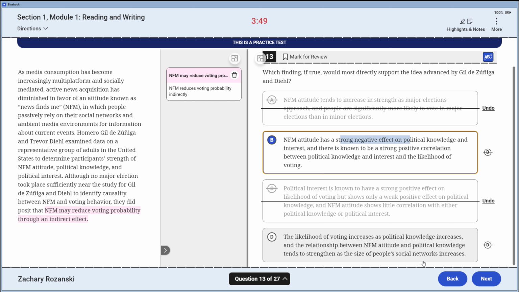Then I can attach that causal chain to the next thing, where there's a little bit of ambiguity here that I don't really understand. Tends to strengthen as the size of people's social net. I love B. This is presenting something that seems wildly awkward, and I don't think I can make a claim like I can that this hurts this and then make that effective chain to show my logic as it presents. So B is going to be my right answer.